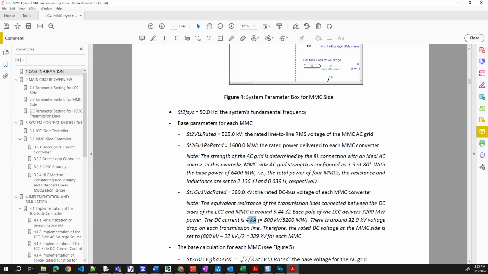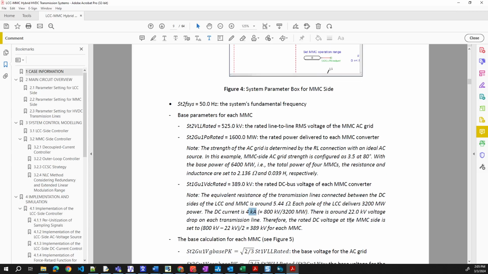Okay, so let's talk about the voltage drops on the DC line. Therefore, the rated DC voltage is set at this.